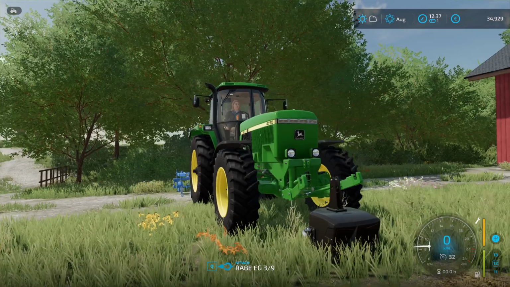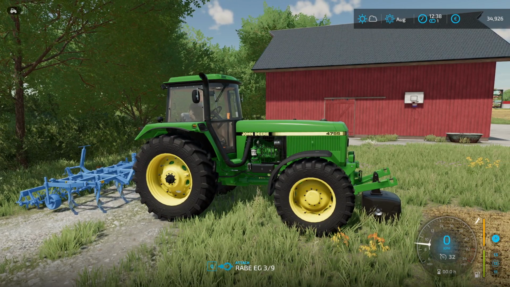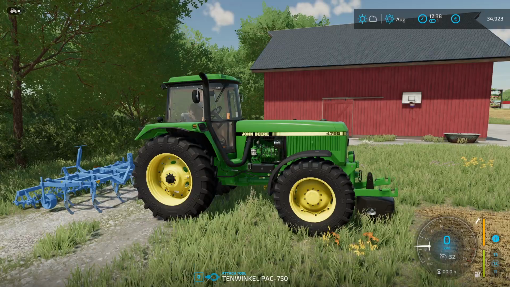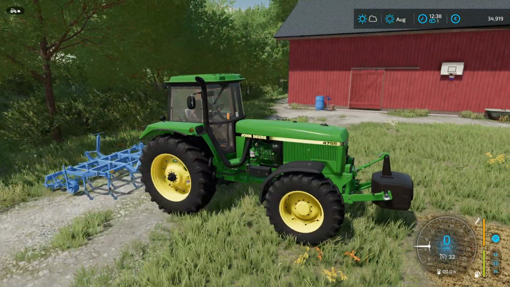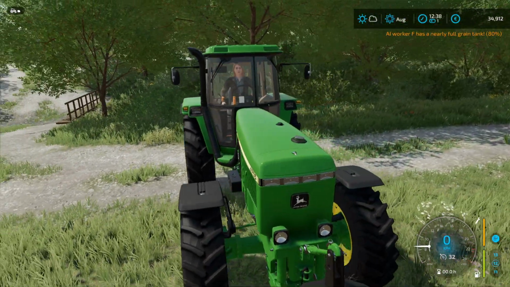What to do then? We want to attach this weight. Maybe we just drive a little bit further. Now the Rabe is gone and we can attach the 10 Winkel, which is the weight. So, okay, wonderful. And this is another old-fashioned tractor from John Deere, the 4755. It has more power than the other one, but it is a slow one. It can only drive 32 kilometers per hour, but the shop is not far away